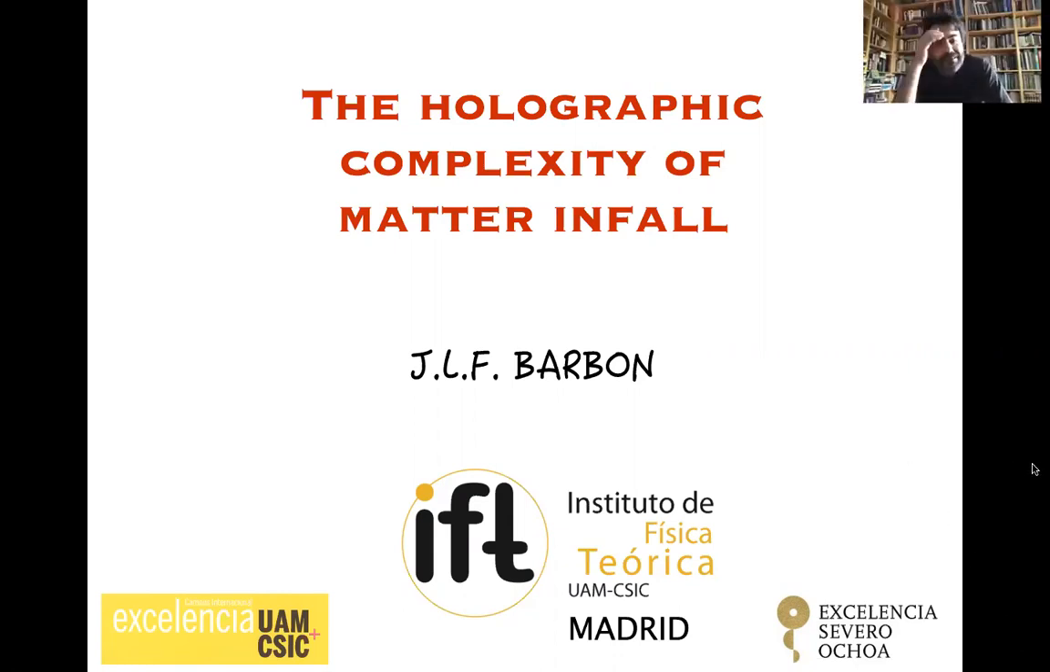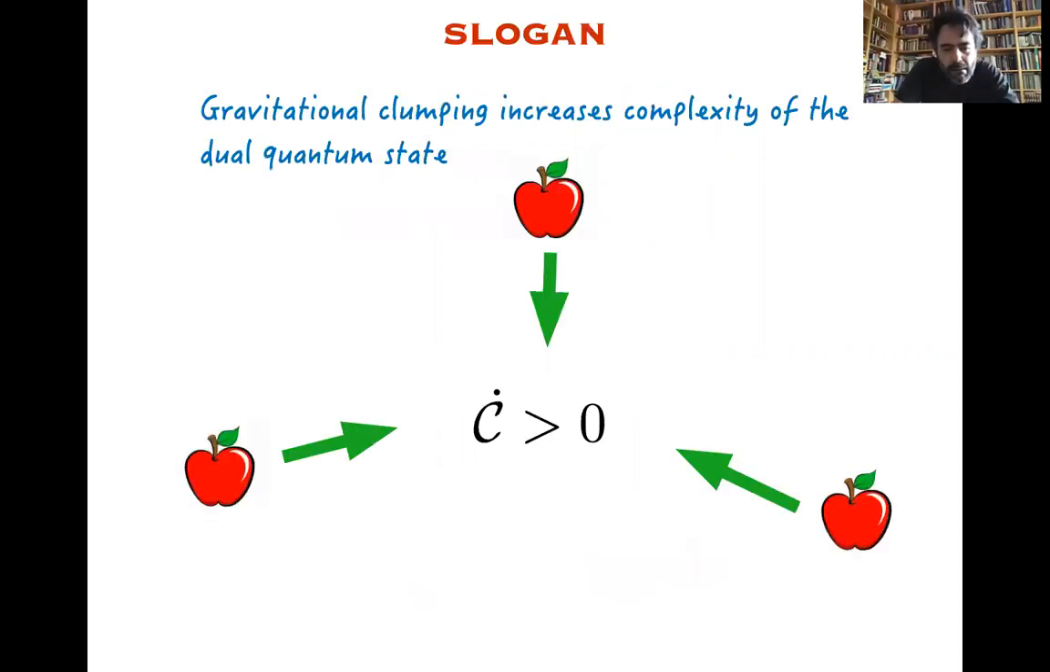Okay, so the title of my talk is Holographic Complexity of Matter Infall, and I would like to start by explaining what I mean by this. What's the basic concept of interest here? So there is this slogan, which we are used to, that gravitational clumping increases complexity of the dual quantum